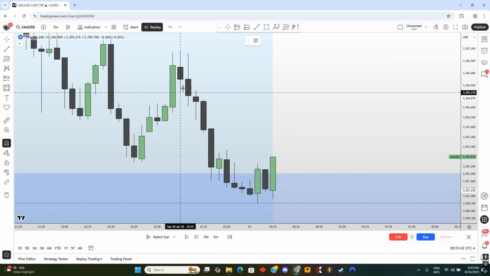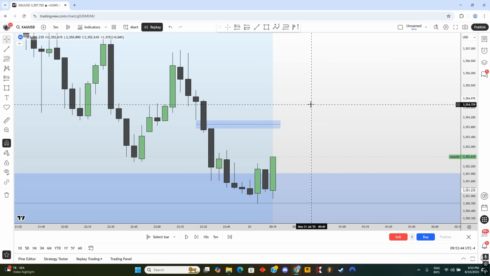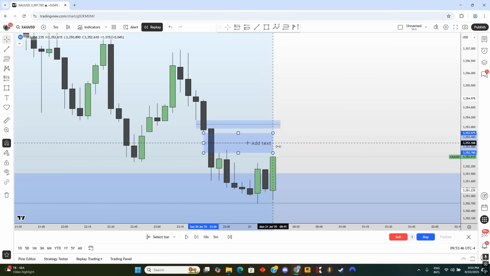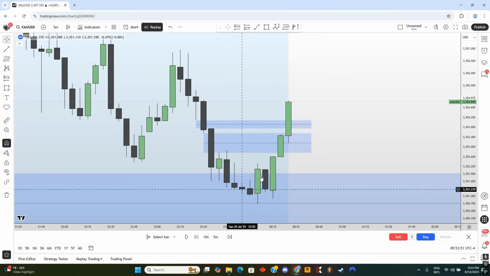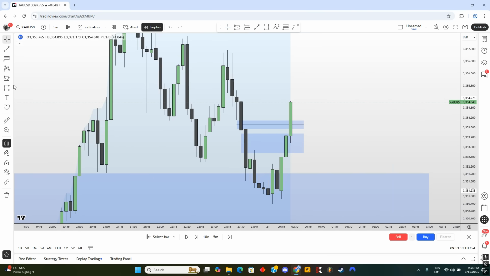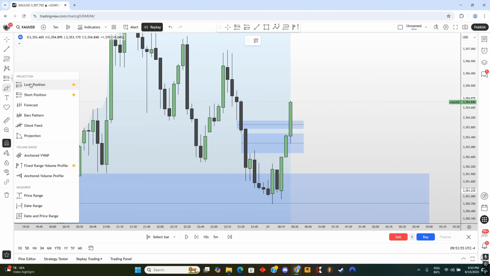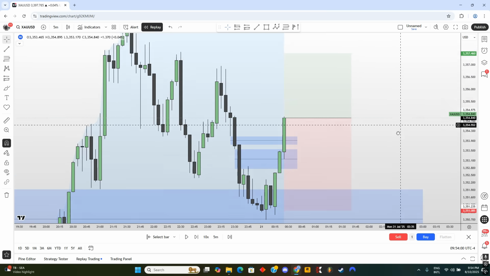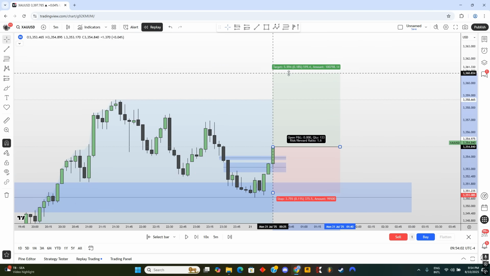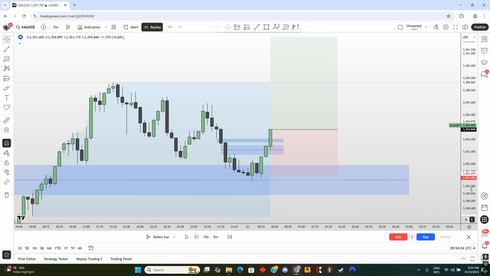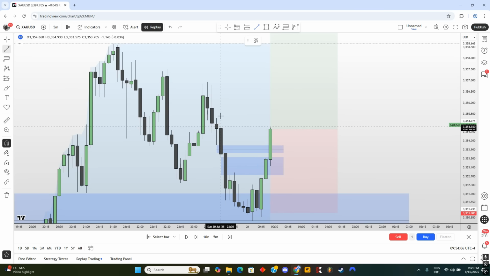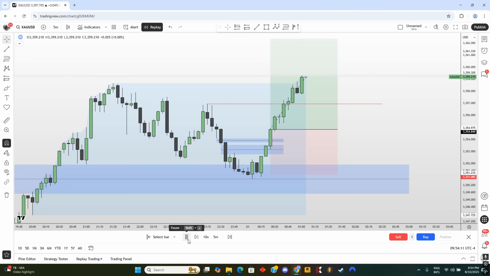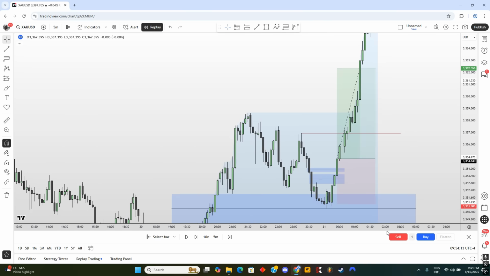So mark out the fair value gaps. You can see we have 1 over here and we also have 1 over here. So we want to wait for price to inverse both of them. And right there we have inversion above them. Now this is going to be your long entry. Stop's going to go below the bodies, not the wick. Remember that. You're going to go for 1 to 2 or 1 to 1.5. And pretty much this is going to be your break-even zone. So let's see how this plays out. Bam, right there. Easy peasy, guys.